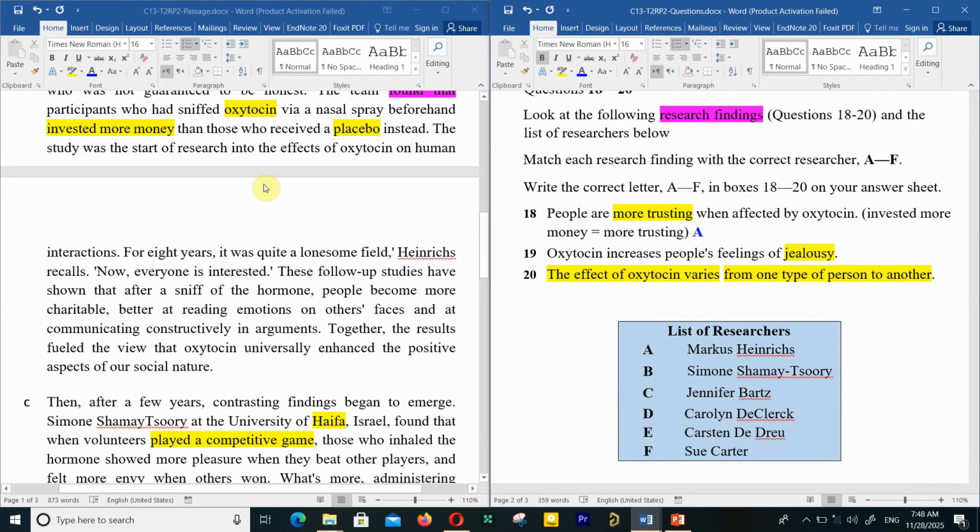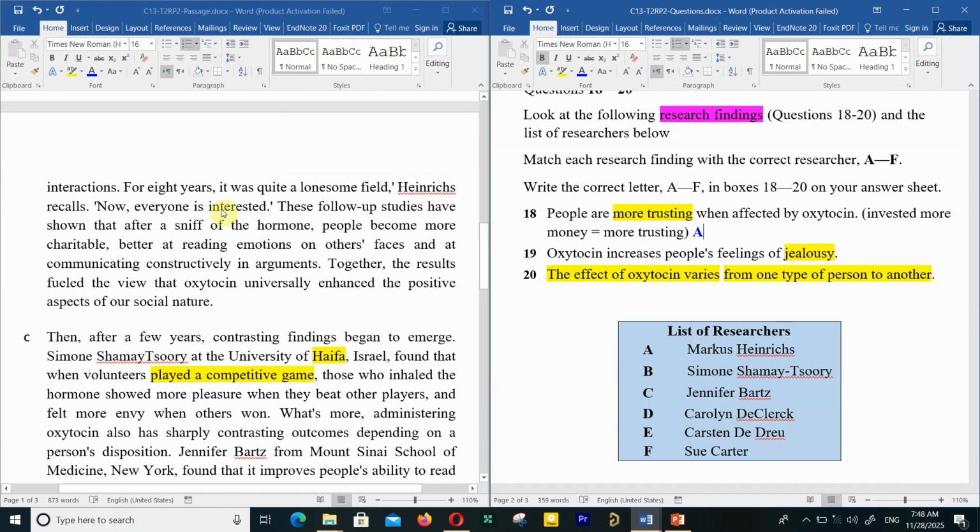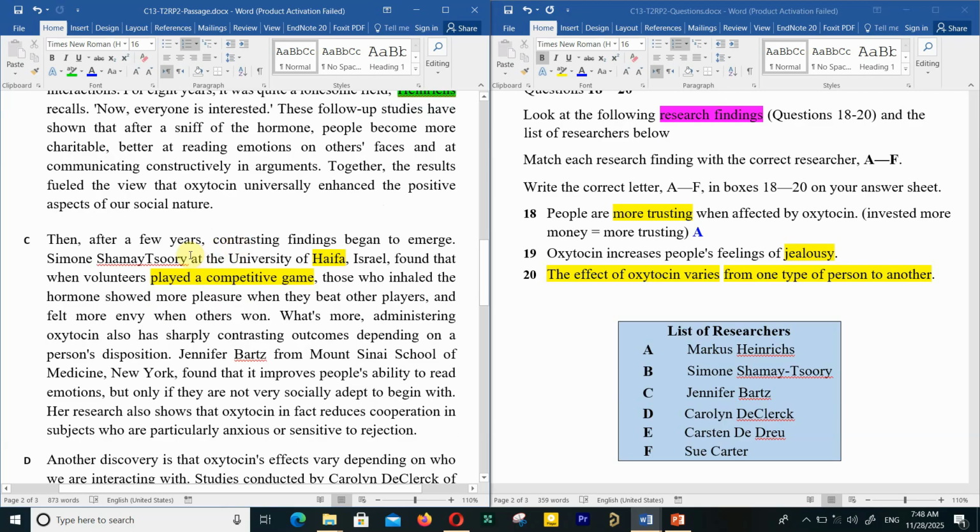So, just locate the other scientists. Here again, Henriks, but you had to look for the research findings. Something found that. Together, the result fueled the view that oxytocin universally enhances the positive aspects of our social nature. No. So another scientist,